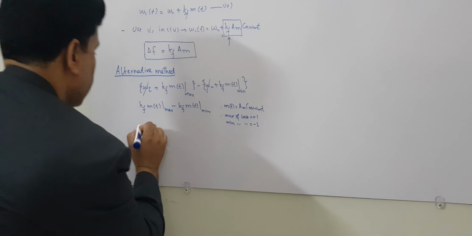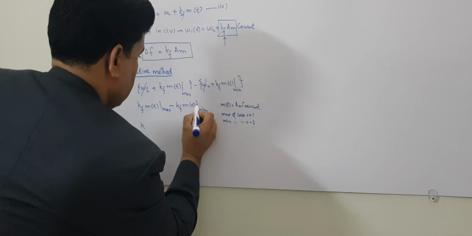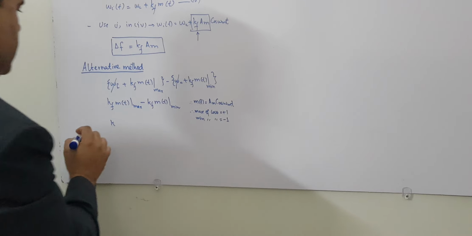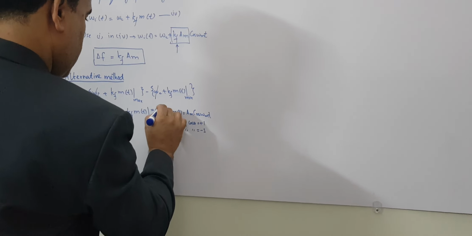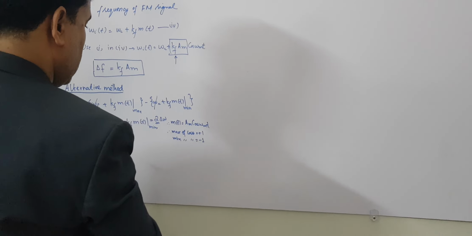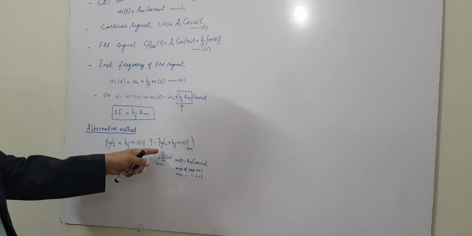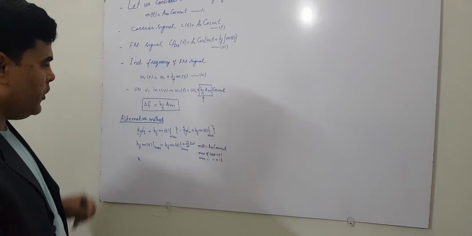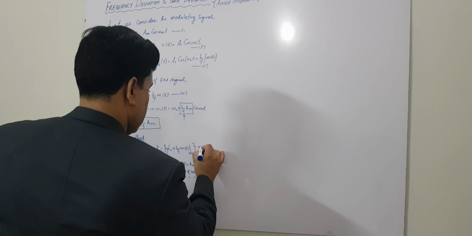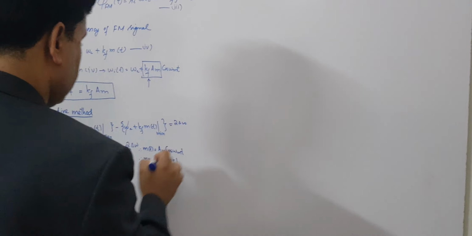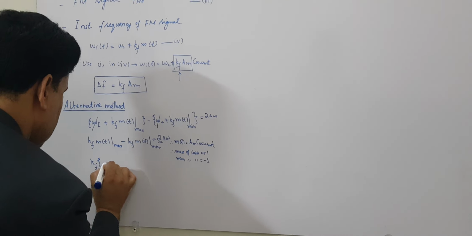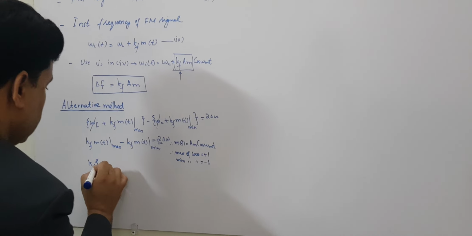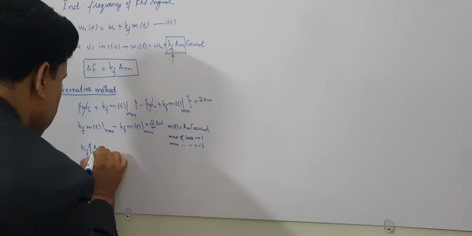So this equation can be rewritten as, we are writing this 2 because it is in twice direction. kf is constant, so m(t) is your